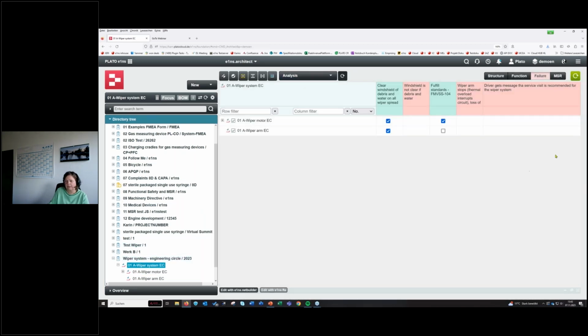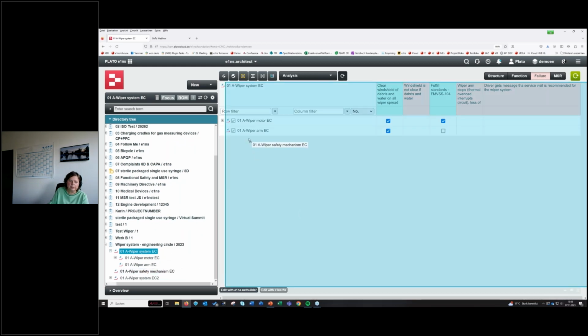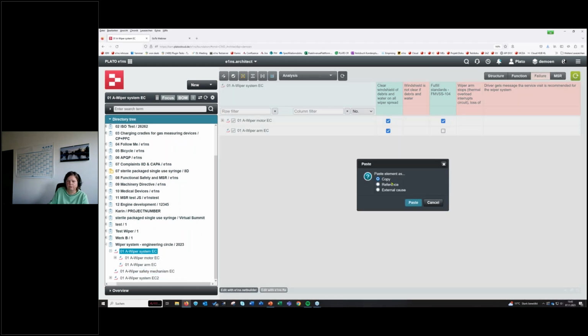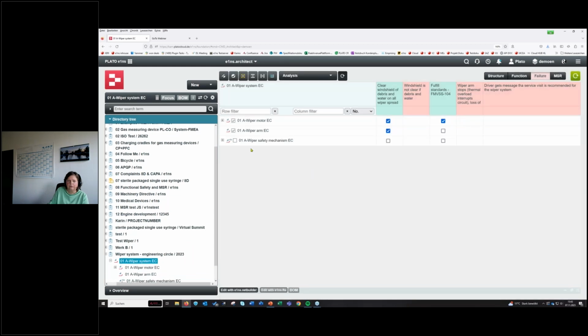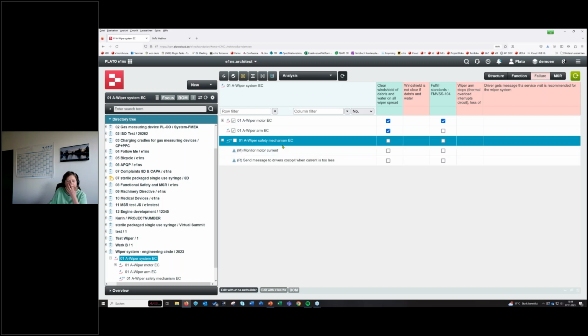So this is in the 1 Architect, where we do the system functions and failure analysis in general. We have our wiper system, the top level, we have the motor, we have the wiper arm, and here I have prepared a system element called wiper safety mechanism. I will do this here, and in this wiper safety mechanism, there we have 2 functions I've